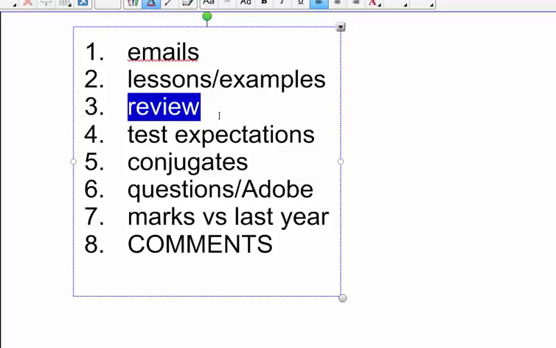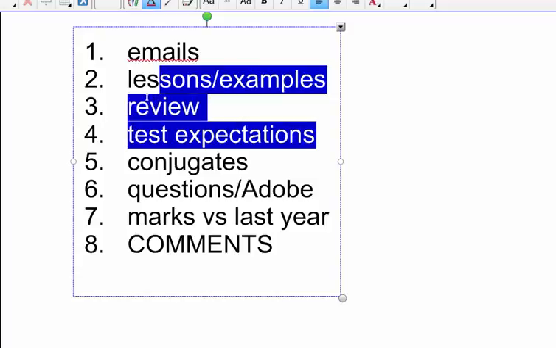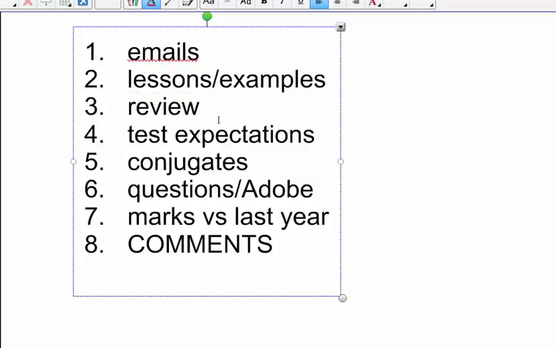So moving forward, I got review written down here and test expectations. Now again, not sure whether this is specific to this current test or whether it's just a general idea of something that's gone on for the semester. But both students did mention that they felt either the review wasn't preparing them sufficiently for the test, or that the review should have very similar, or maybe all the questions that will appear on a test. So a couple of things there.